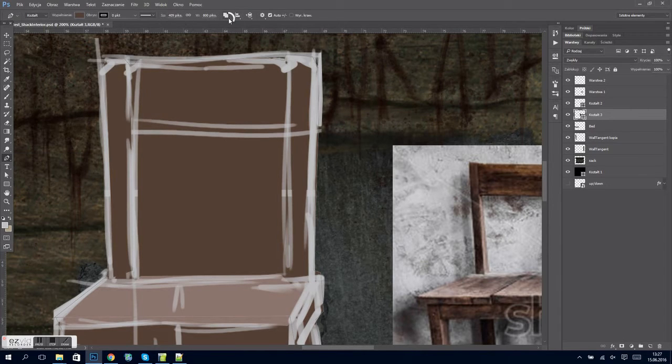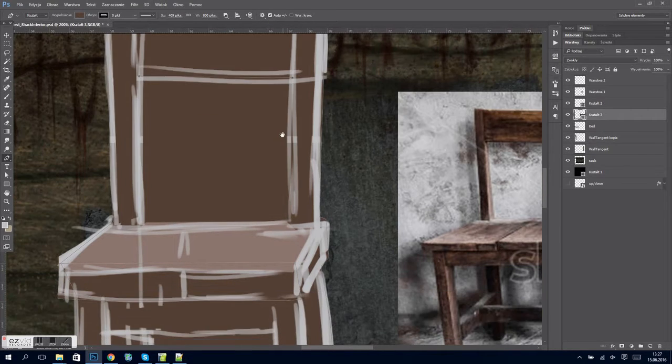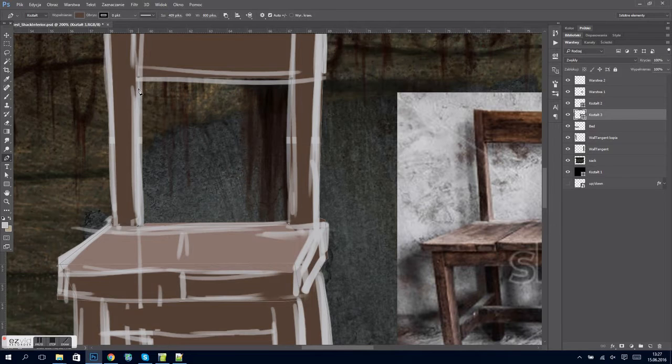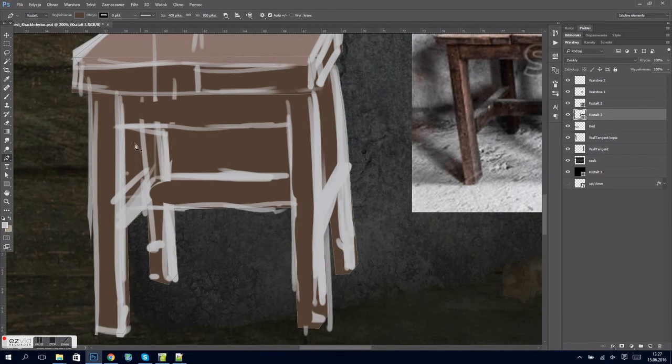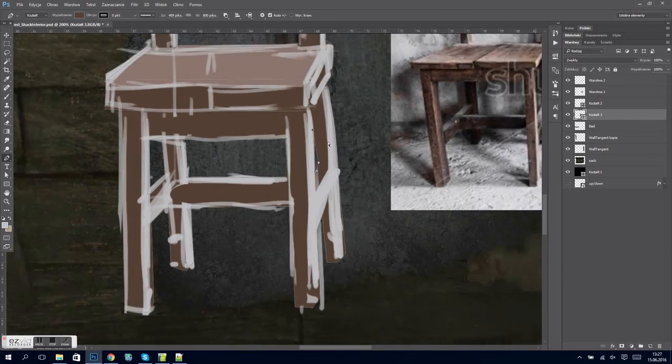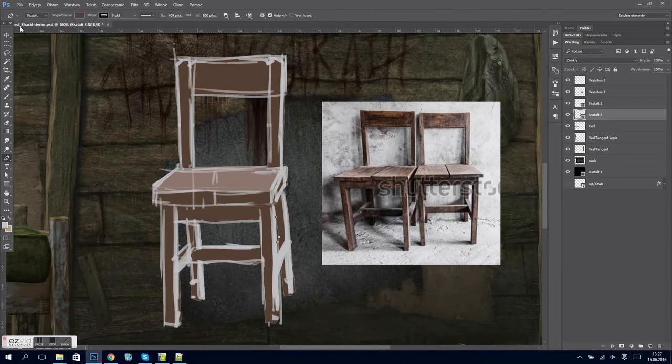Okay. I used the wrong tool. Okay, it's okay now. So for a while we will have it done. Okay, so once we have it, more or less, we will